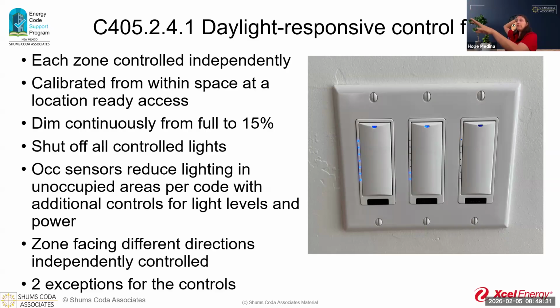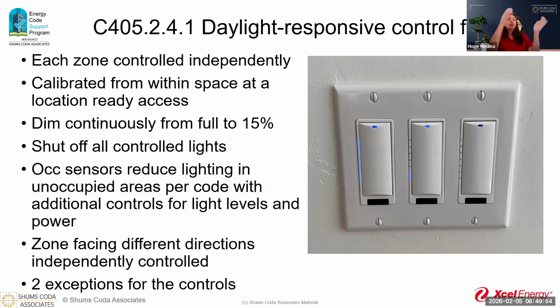And maybe the one 15 feet away from the window might need the lights to be partially on, right? It's on a dim area, and so it dims a little bit of lighting on because you need a little bit additionally than you do right next to the window. And so each of the zones are going to be